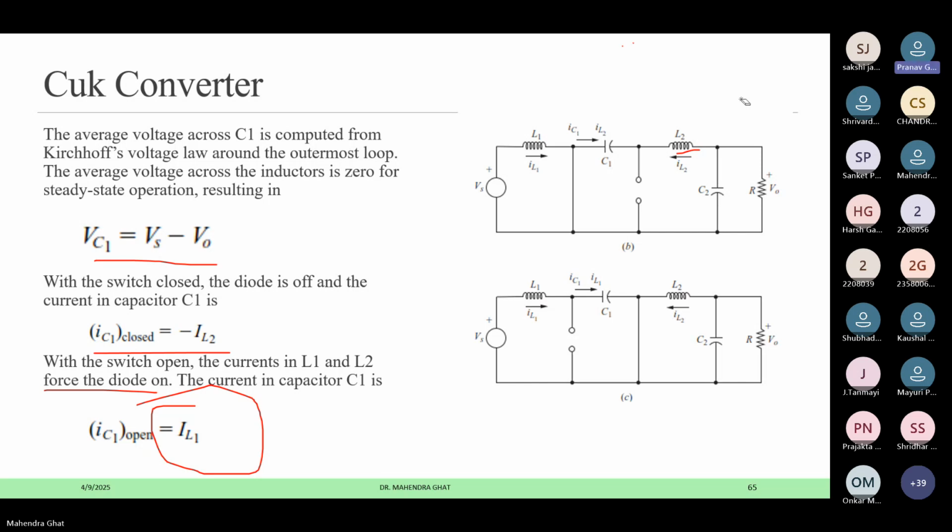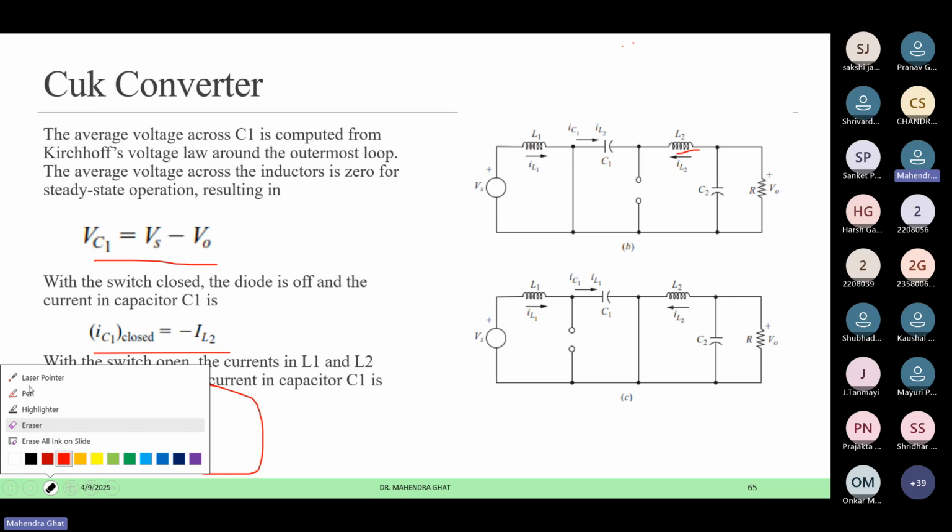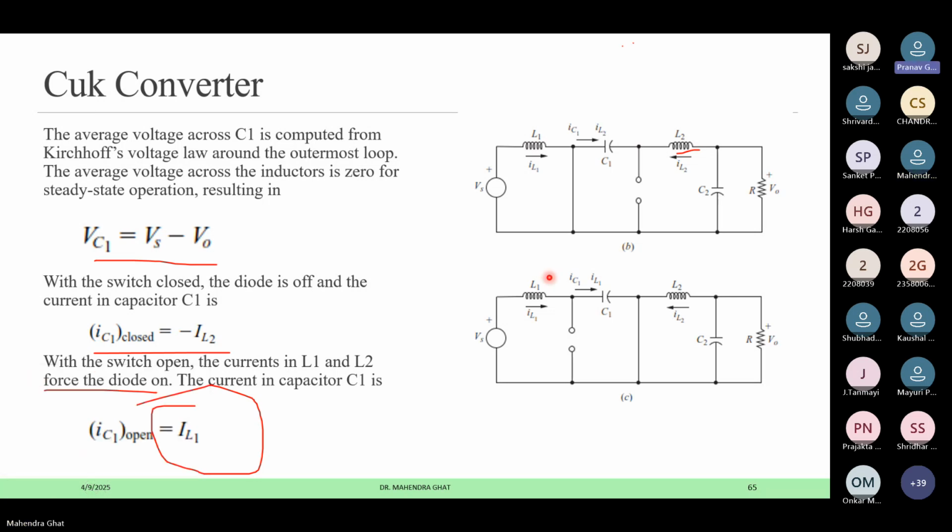If we consider the battery, charging of the battery means power has to come from this to this side, and discharging of the battery means power has to go from this to this side. Both direction power flow has to be there, not unidirectional. Then only charging and discharging is possible, right? If we can place that resistor or battery in between the capacitor C1 and inductor L2, then